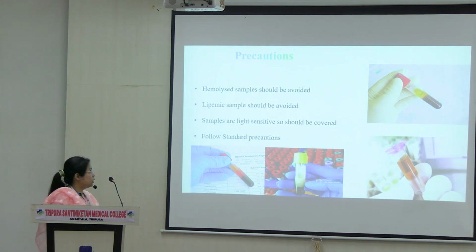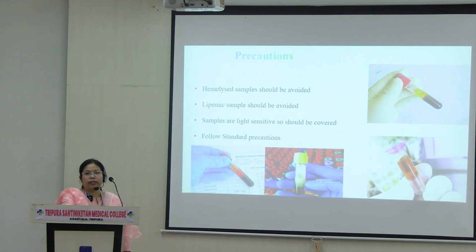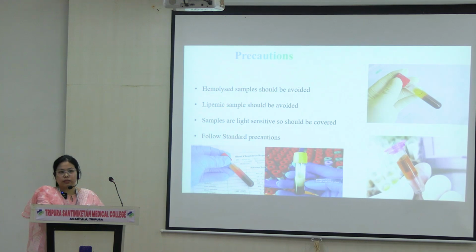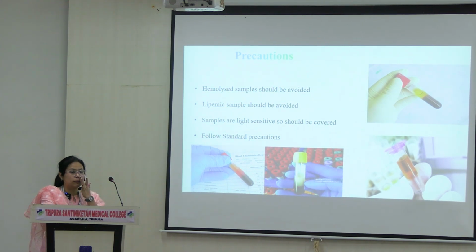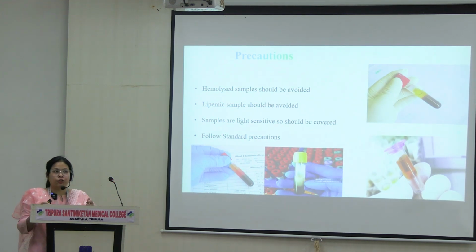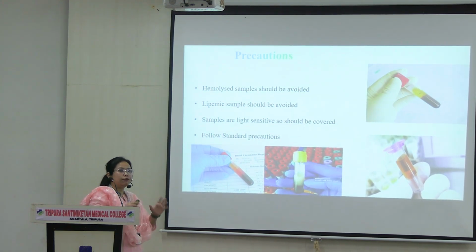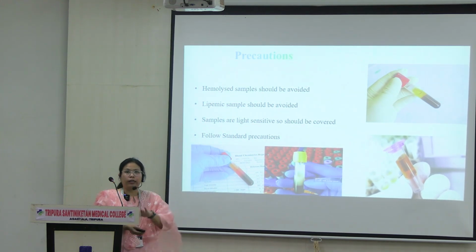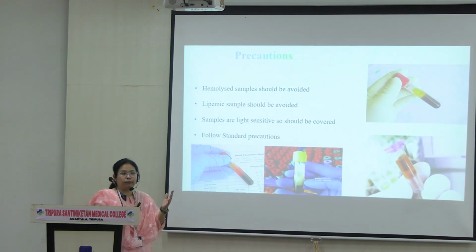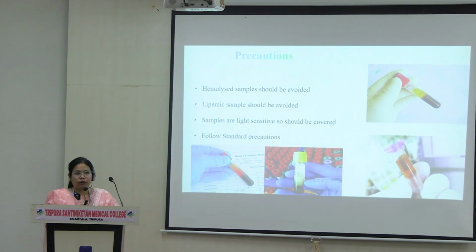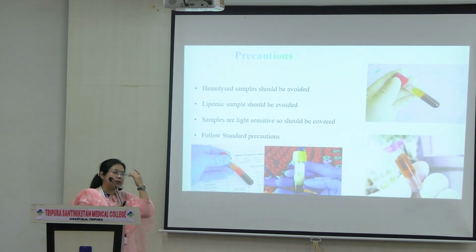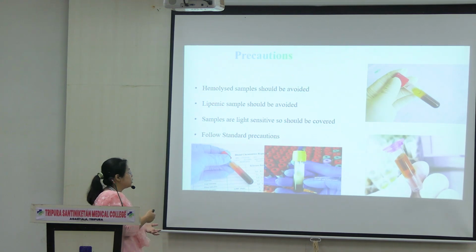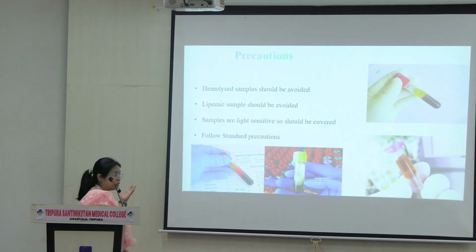So this is important. When measuring bilirubin, we have to remember that bilirubin reacts with UV light from the sunlight. So whenever we have to measure somebody's bilirubin, we have to cover the sample. In hospitals, we cover it with aluminium foil, or keep it inside thermocol, so that there is no exposure to light. Because in the presence of UV light, it breaks down. We don't want that, so that has to be avoided, and a hemolyzed sample has to be avoided.